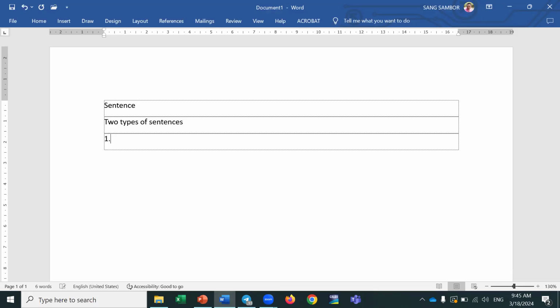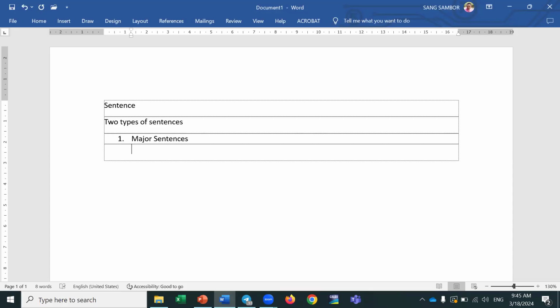One is major sentence. Major sentence, as I mentioned already, is the one which is constructed following systems of rule known by any English speaker. And in major sentence, you may categorize into others as well. So you may have